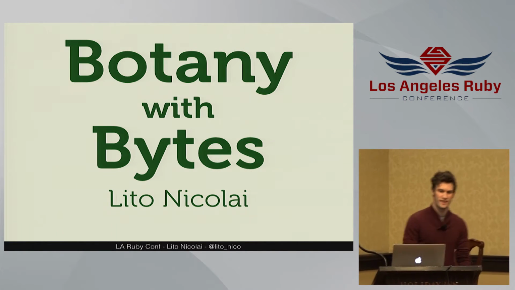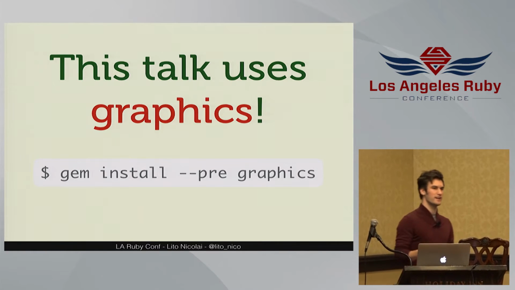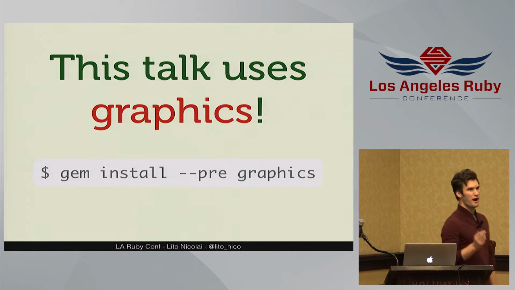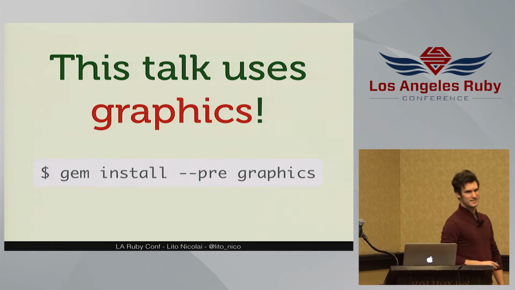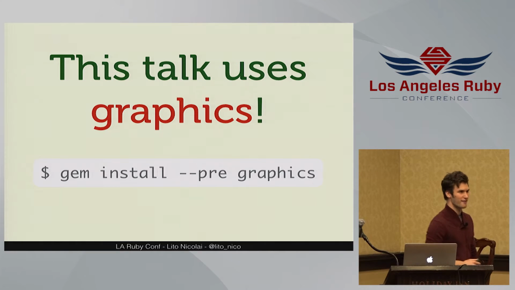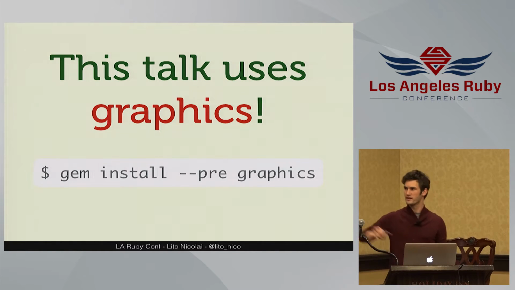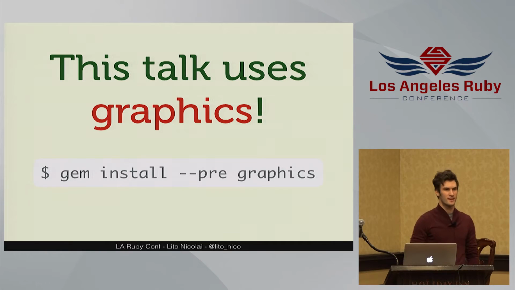So this talk has a lot of images, and to do that, it uses a Ruby gem called graphics, written by Ryan Davis, who's sitting in the back over there. It has axes in all of the right directions. It is absolutely my favorite graphics library I've used. It's still in beta, so gem install --pre, and you can see a whole bunch of examples,